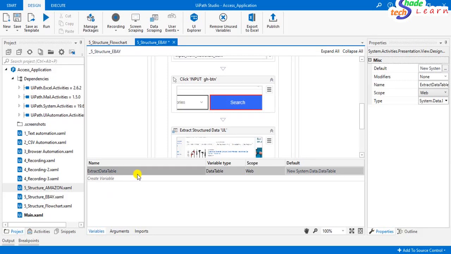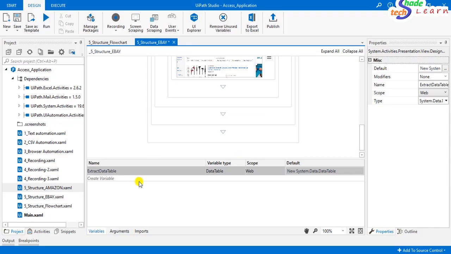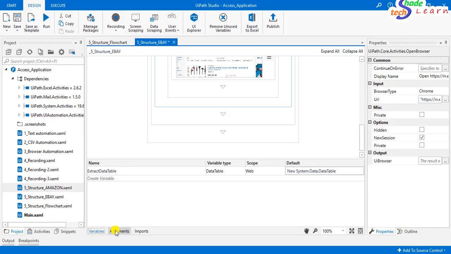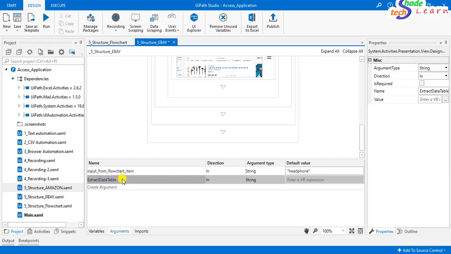So what we're doing here is just converting a variable to an argument, because you cannot pass a variable between the sequences, but you can pass an argument. So either you can delete this variable and create an argument with the same name, or you can use an assign activity. For learning purpose, let's use an assign activity. So I will name it extract data table